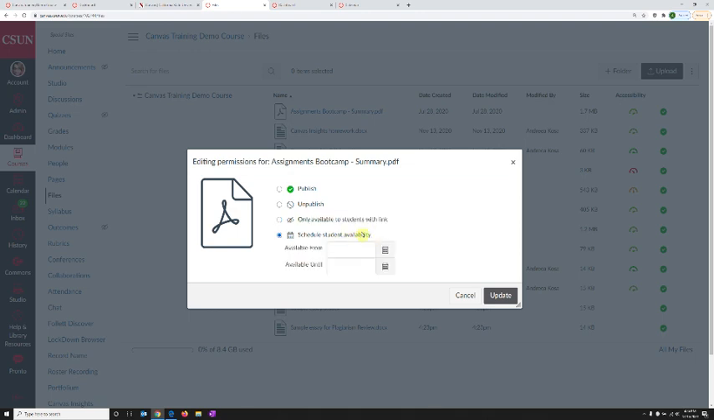Or we can choose to schedule availability. So for example, we can choose to schedule availability of the week 2 lecture notes to start at the beginning of week 2 and at the end of the course, of course, because we want the students to be able to review. But also, what if this is a file that you're sharing with the students that has instructions for an assignment? You can choose to schedule the availability to be only during the time where they're allowed to work